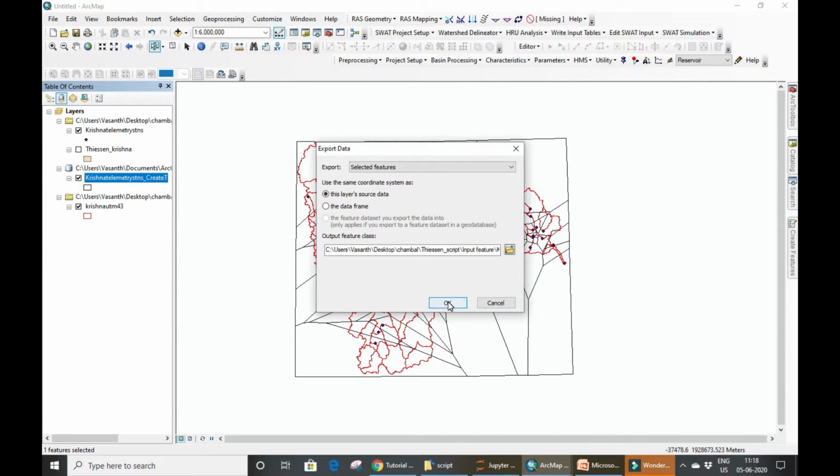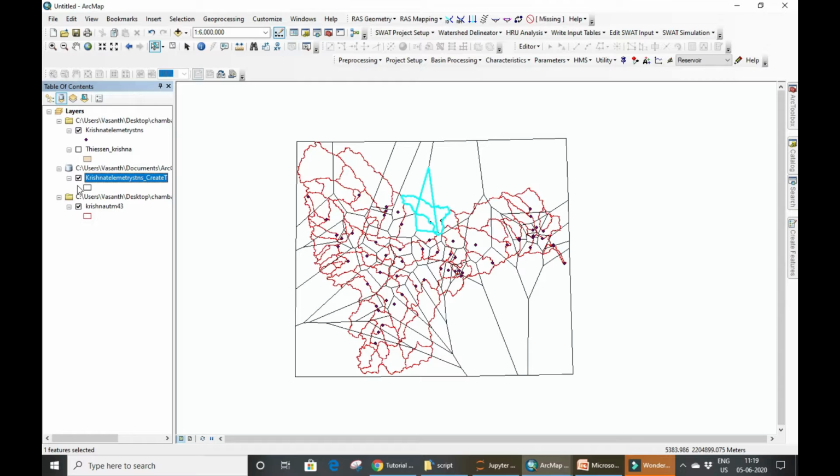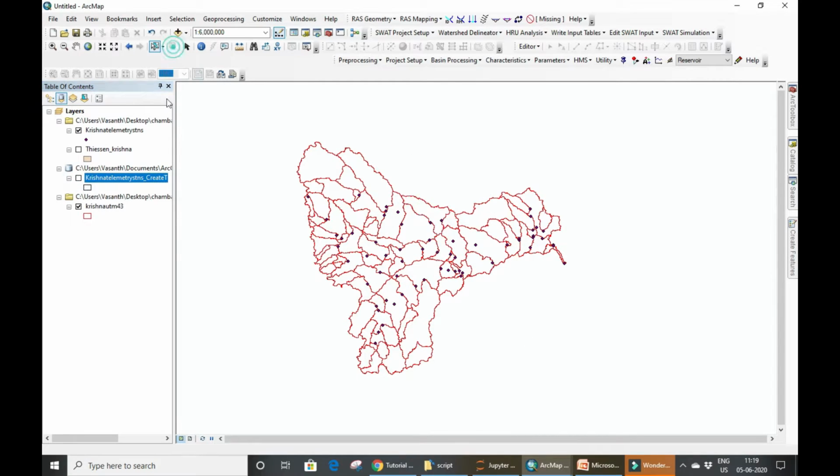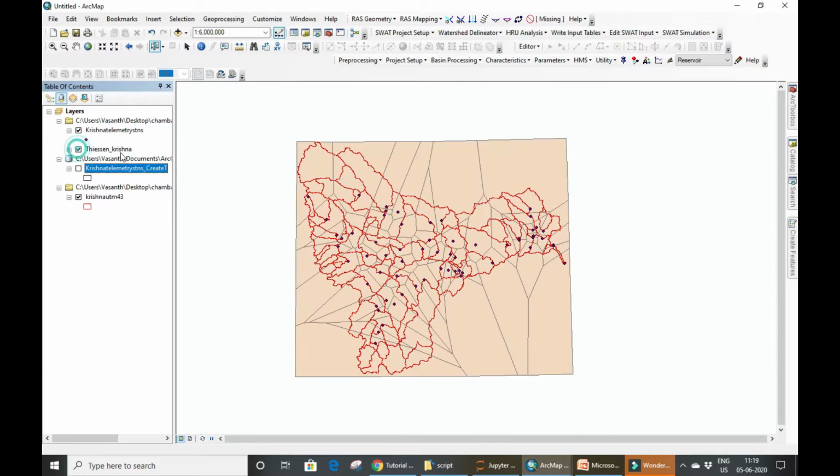You just give the name, then say save. When I say OK, it copies this into a local folder wherever you want to save. I'm not saying OK, I'm just saying cancel, since I already have this information, so I will not do this right now.